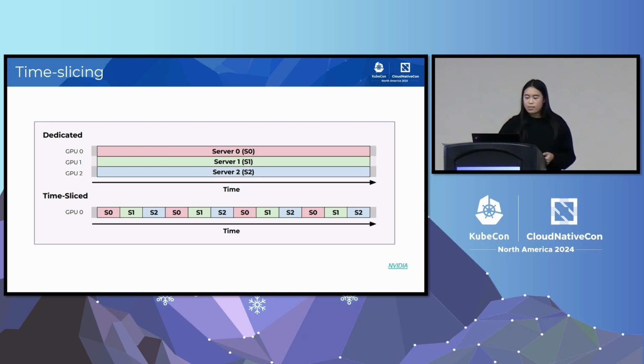Time slicing, this is the simplest approach. This provides you the ability to run several workloads concurrently on the same GPU, rather than having them spread out across multiple GPUs like in the dedicated model up top. Each process will be alternating in execution time in a round-robin fashion. And for the duration of the time slice, they have full access to the GPU. And then once the time slice is completed, the GPU will be relinquished and then allocated to the next process